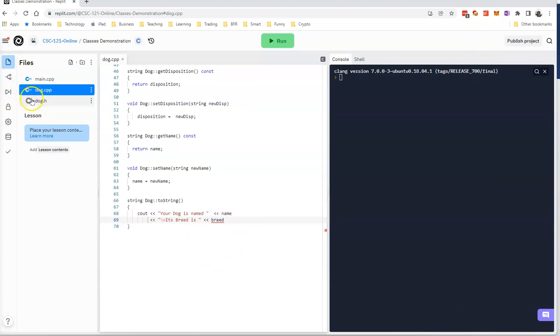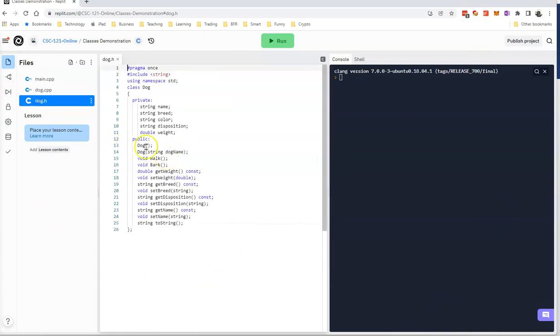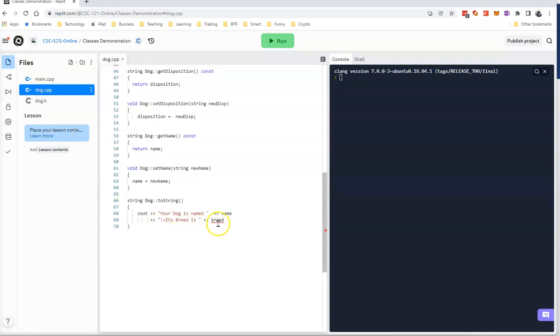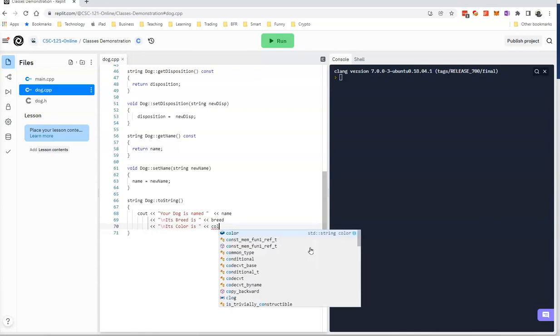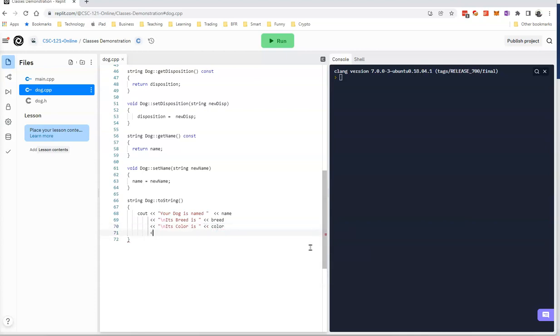Do we not have a breed number? Yeah, we do. All right. And its color is its weight is